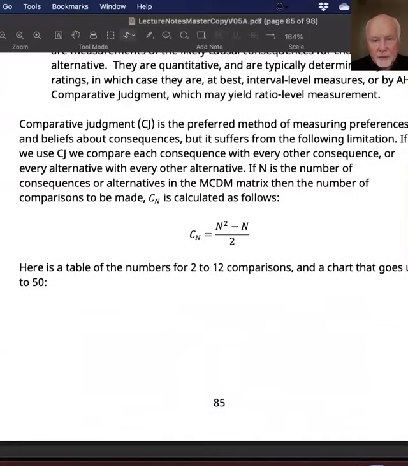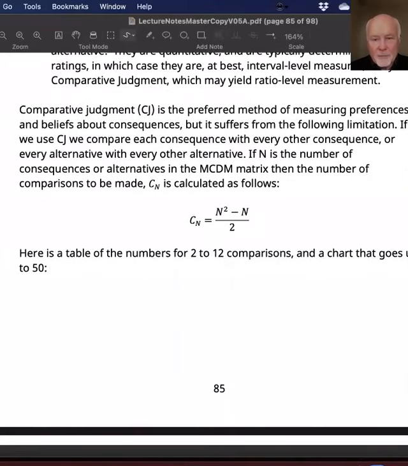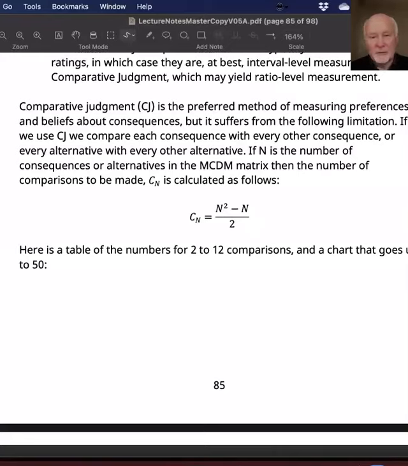But it's got one big limitation. It's got some other practical limitations. So you've got to explain to people what it is and why you're doing it. And depending on who your audience is, if you've got a group of decision makers and they're very impatient and not very interested in the process, they might not be very happy about you inflicting this complicated looking method on them. But even if you're in charge of things and you can decide what methods are used, the practical limitation is to do with the fact that comparative judgment involves you